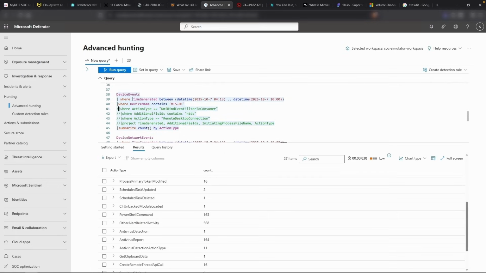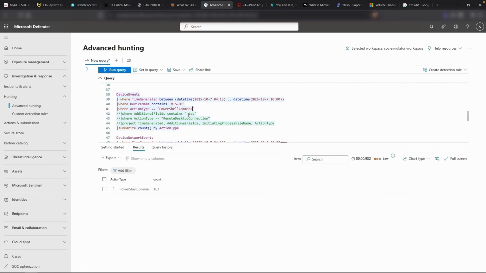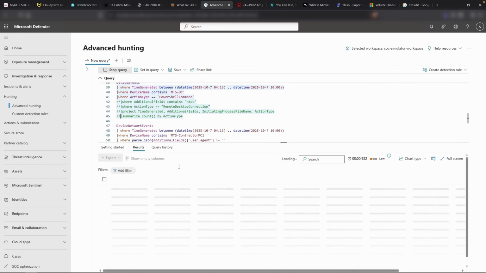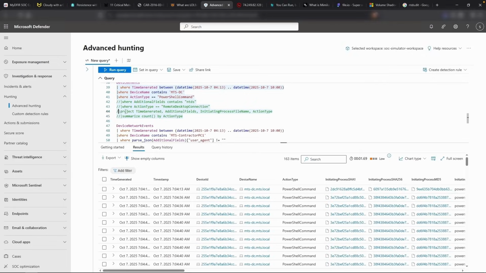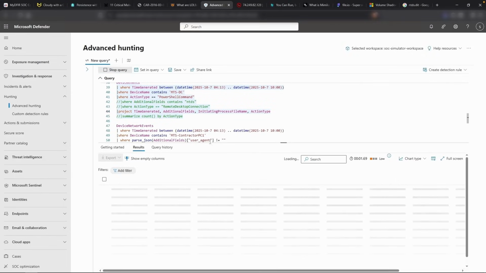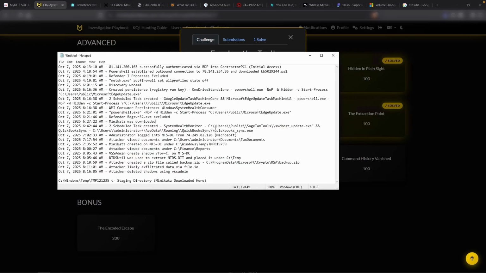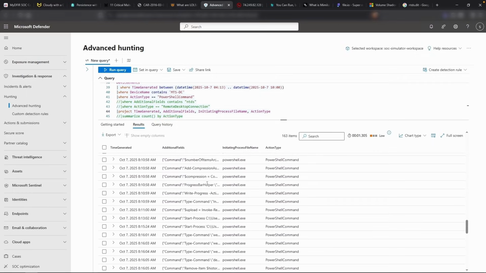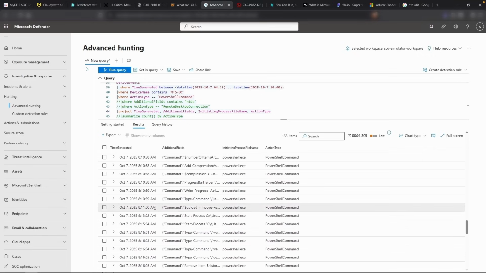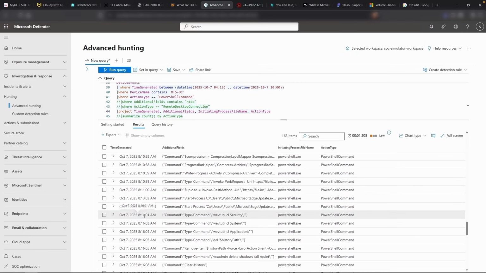There is the PowerShell command. I am going to search for that and see what we can find. So there are 163 events. Let me go back and uncomment my project. Now the attacker attempted to cover their tracks, so it is likely they did this after exfiltrating their data. So around 8:11 or after 8:11. Scrolling down all the way to 8:11, so right here, 8:13:02, we can see, oh, right here, 8:16:01, wevtutil